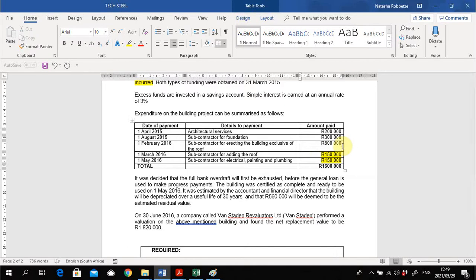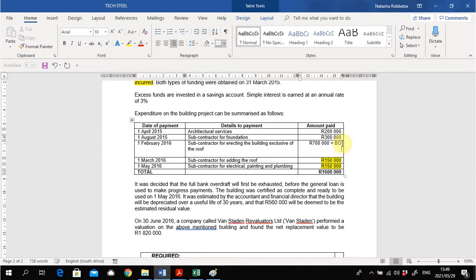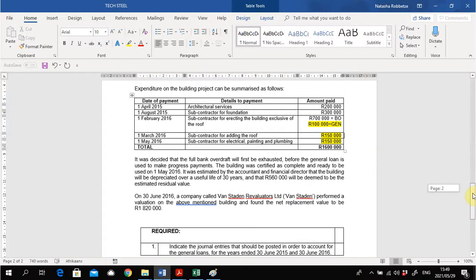So I'm going to say we basically split it. 700,000 will equal the bank overdraft, and 100,000 will equal the general loan. I'm going to make that yellow as well. So we need to start paying attention to the date as well. The general loan will only first be utilized on the 1st of February